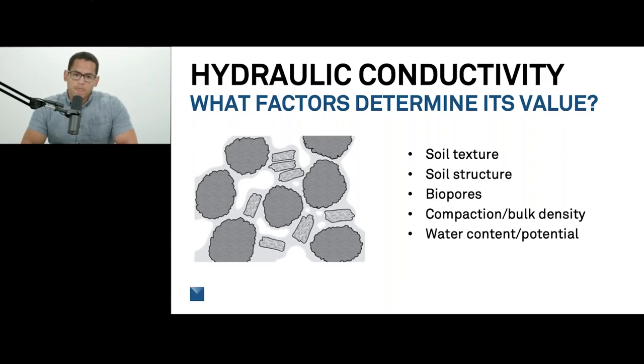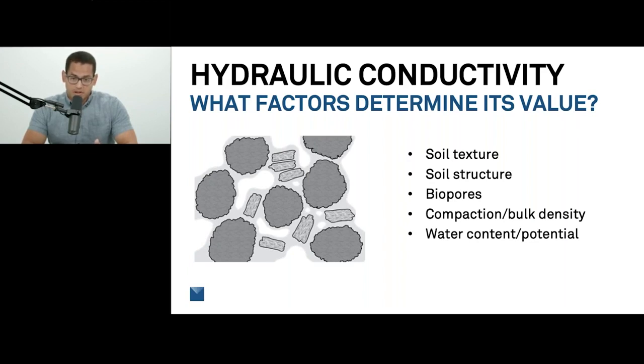And one other piece that I think sometimes gets forgotten is water content and water potential. I'm referring to the antecedent water content and water potential, so the state of that before we take these measurements. It has been shown in the literature that antecedent water content or water potential can impact what the soil's hydraulic conductivity is. And I think that's even more